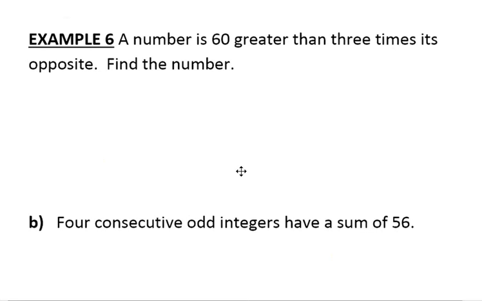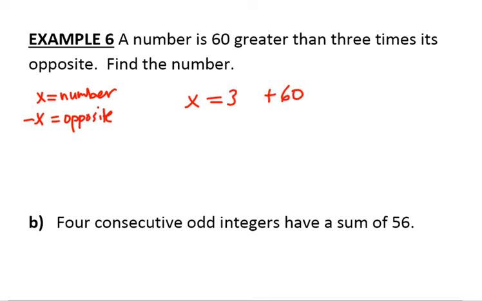Example 6, I have a number is 60 greater than 3 times its opposite. So we'll let x be equal to the number. And the opposite of that would be a negative x, so this is equal to the opposite. So a number, so that's x, is 60 greater than, so 60 plus 3 times its opposite. So 3 times a negative x, so that really looks better as a negative 3x plus 60 is equal to